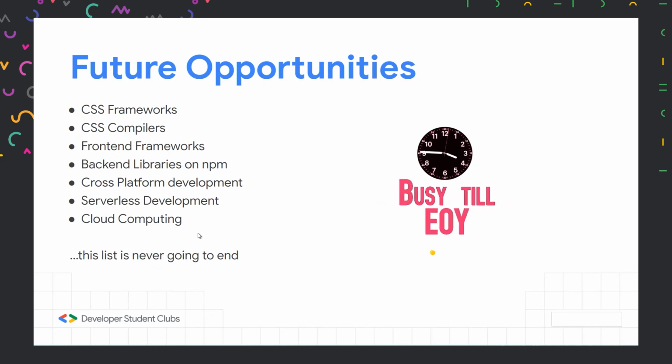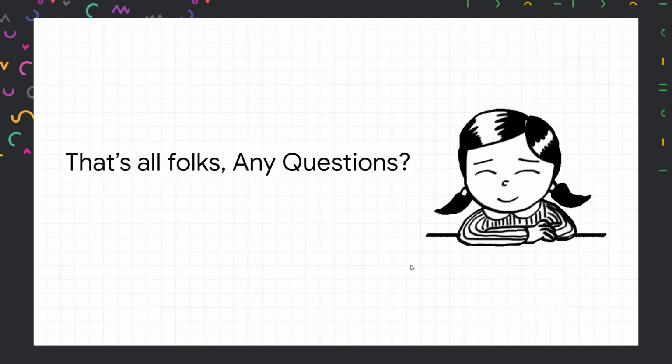We have architecture stuff, like instead of using HTTPS, you can use SSH as well. We can manage the permission of who can actually use that HTTP request, and all these things are possible using cloud computing. And then this list will never end. So full stack development is about knowing as many technologies as you can and mastering at least one of them. So yes, that is all for now.